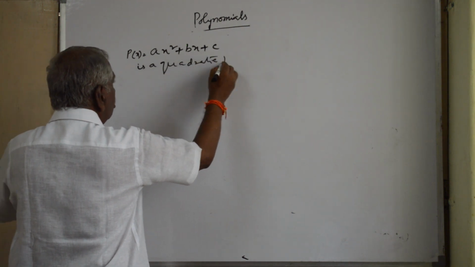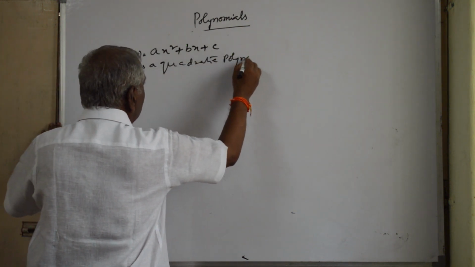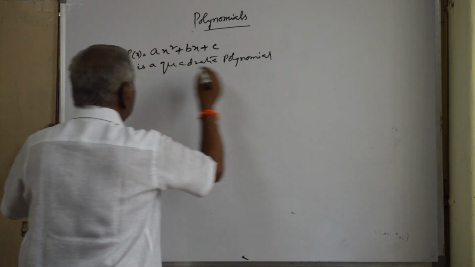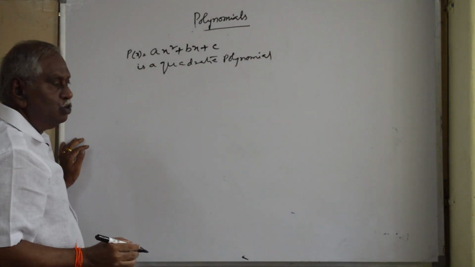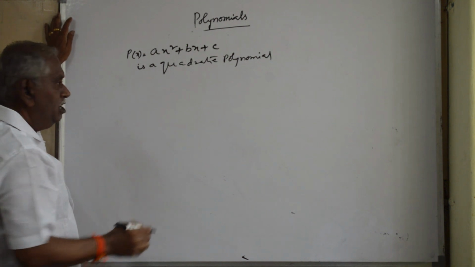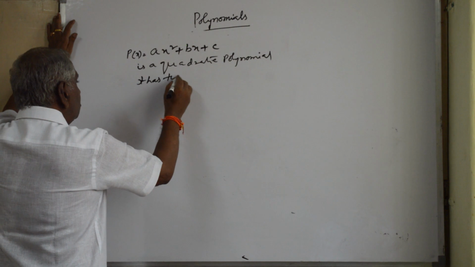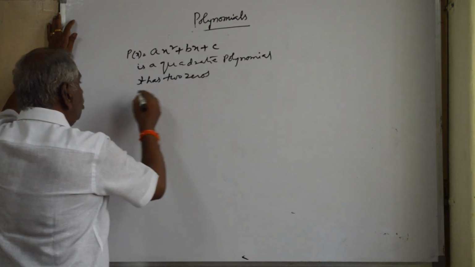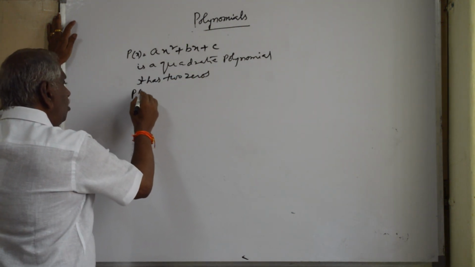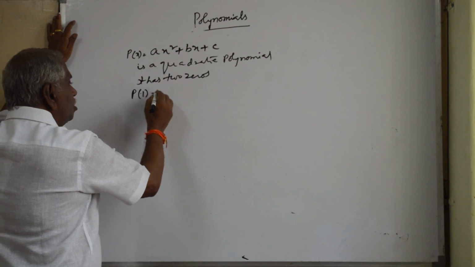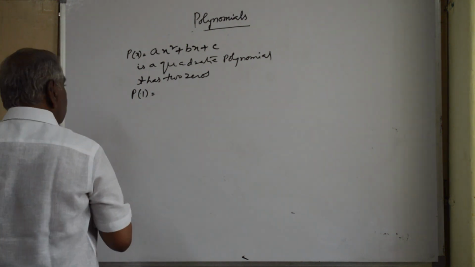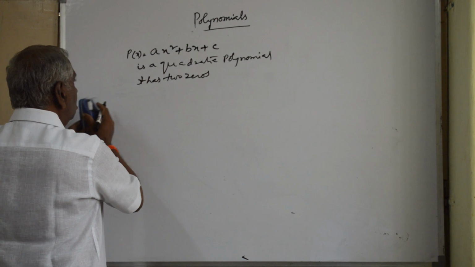Quadratic polynomial. Because the degree is 2, it is a quadratic polynomial. It has two zeros. If you want to find P of 1, suppose I take another polynomial, P of